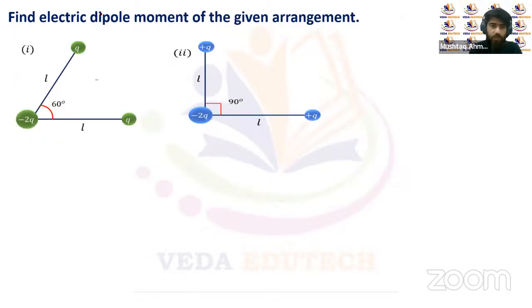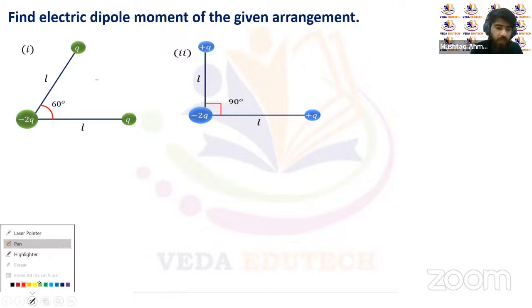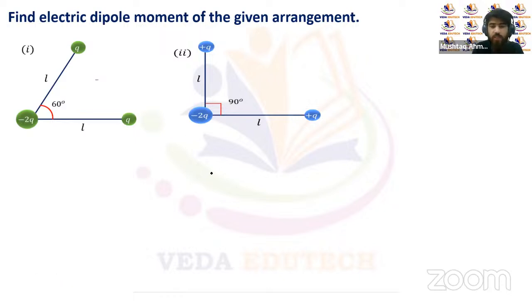So let's move on to the next question, right? Now it's a very important question with respect to your upcoming NEET exam. That's the electric dipole moment of the given arrangement, right? We have to find the electric dipole moment, right? The electric dipole moment for any discrete charge distribution, with respect to a given reference or with respect to a particular origin,